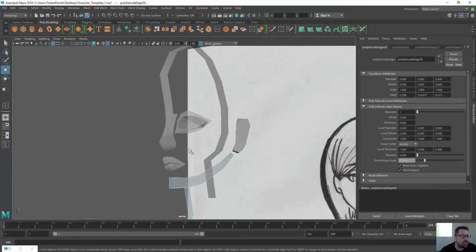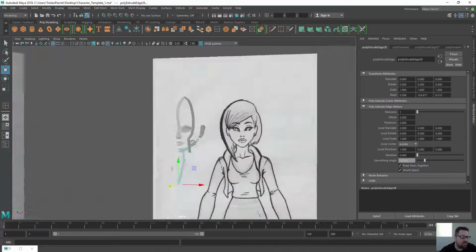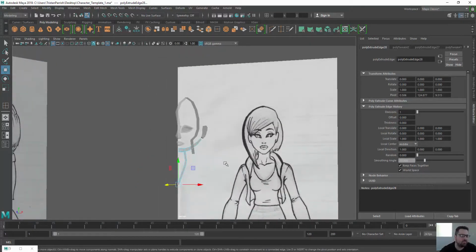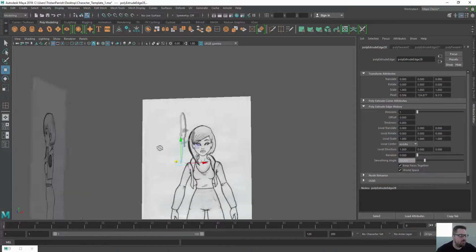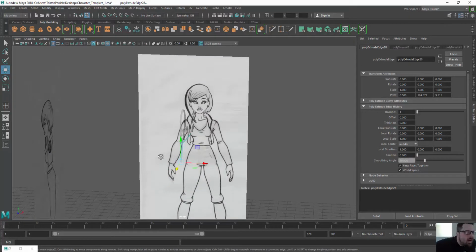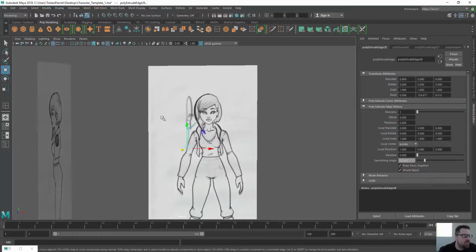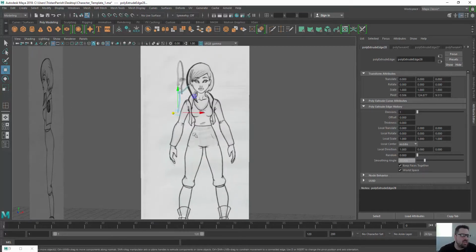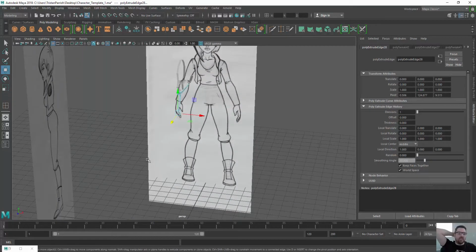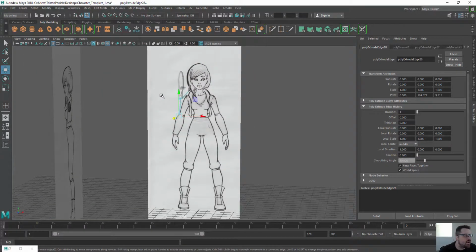So let's go ahead and start actually making the bridging details to bring all the pieces together for the base shape of her head. Then we'll do the symmetry and take a look at that. Then we'll start working on the hair, and then get to the clothes and the torso and all that kind of stuff. So should be fun. All right, so